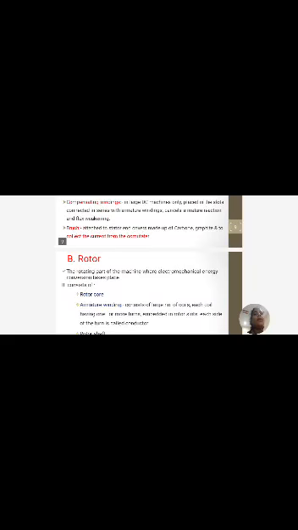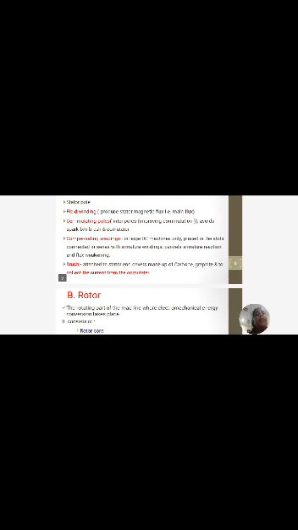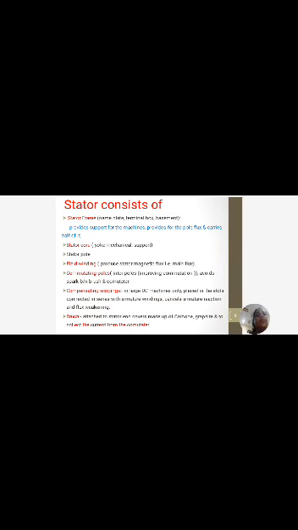So by combining these stator and rotor, we have seen different parts. The main part is the yoke, stator frame, first one. Next one is the stator core, that is the yoke. It gives the mechanical support and it directs the flux produced through the air gap to the armature core to the next pole. Yoke gives the main mechanical strength to the machine.